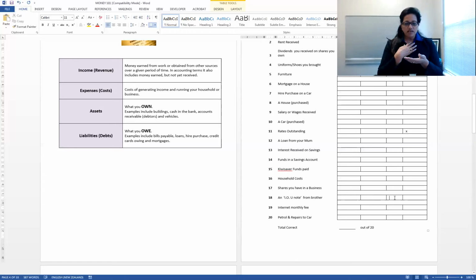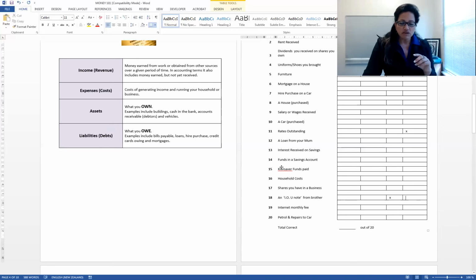because he owes me, and I have this piece of paper saying that he owes me, even though I might not have it, that to me is something that I own. The $100 that I haven't got yet, but on this piece of paper he's telling me he's got to give to me, I actually own it. So in that regard, because I own it, it's an asset. An IOU note from my brother is an asset. As I said, if we're doing it from my brother's perspective, he would record it as a liability. So just again getting clear.